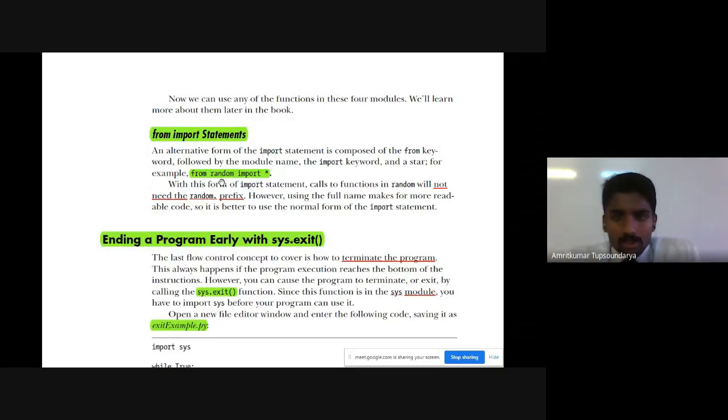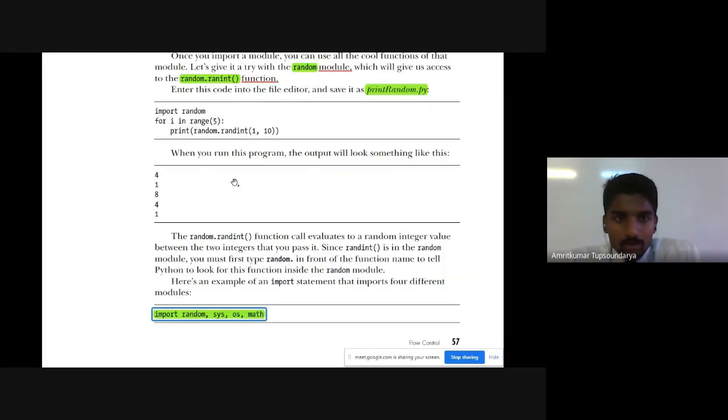And one more advantage of this traditional method, that is the import random approach, is that whenever we are calling a function, since we are prefixing it with the name of the module, that allows us to trace back our program to understand where this function is getting executed, under what module.